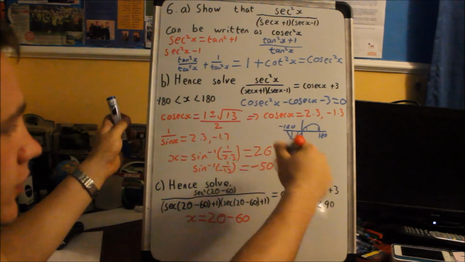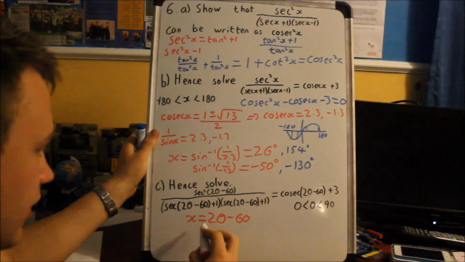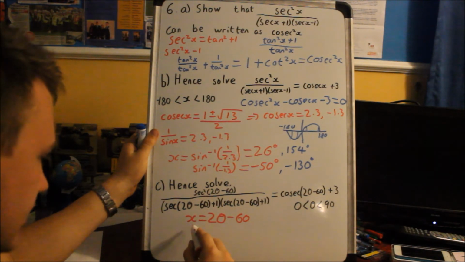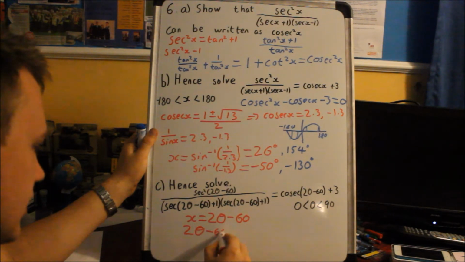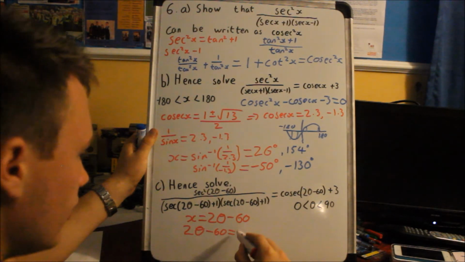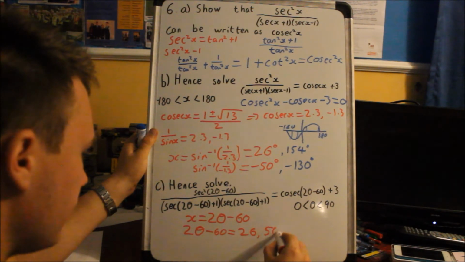So we found these four values before. Those four values will be the same, but now instead of equaling x, they will equal 2 theta minus 60. So we can say that 2 theta minus 60 equals 26, minus 50,